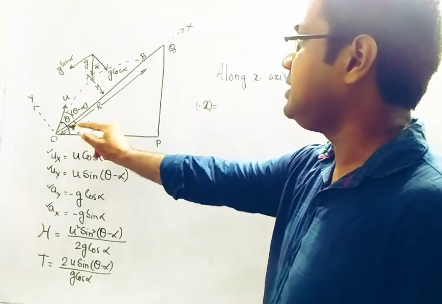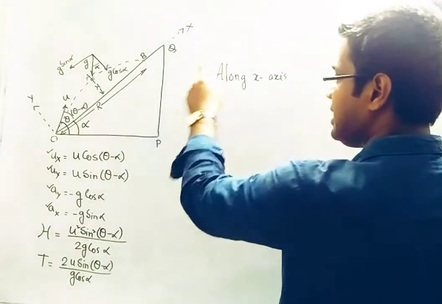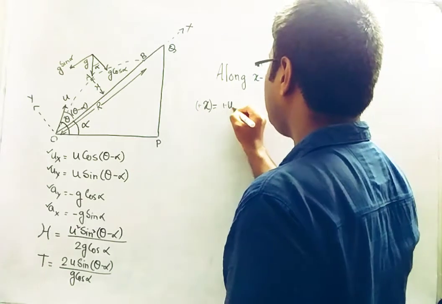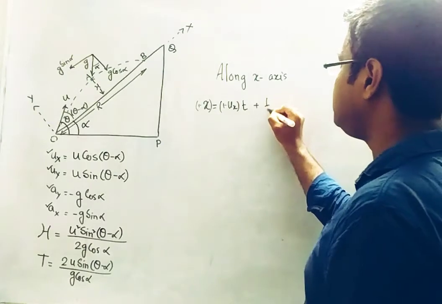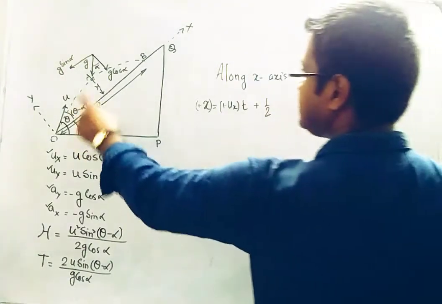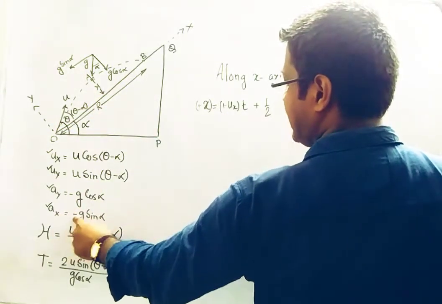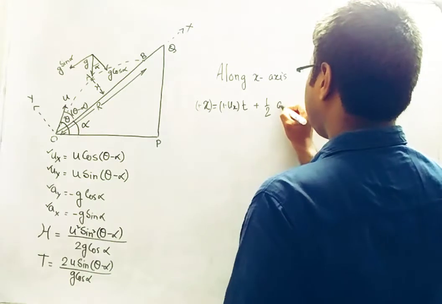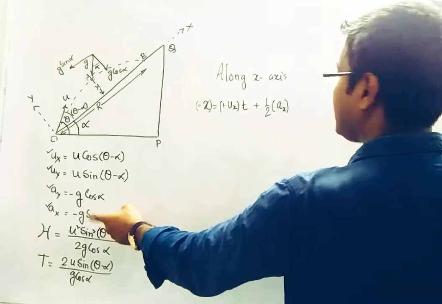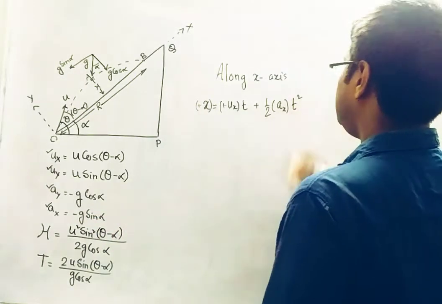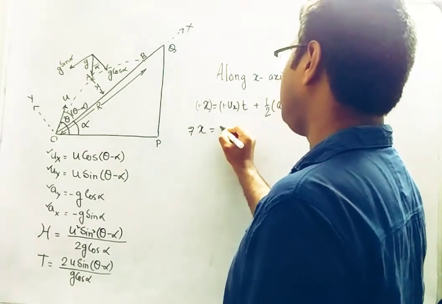The x component of the initial velocity is also along the positive x-axis, so you can say it is plus ux into small t plus 1 by 2. The acceleration along the x-axis is along the negative direction. That's why we have chosen ax equal to minus g sin alpha, but here we are writing down ax only because we put the minus g sin alpha later. So t square. Okay. So if I put all of the values, x is positive, no problem.